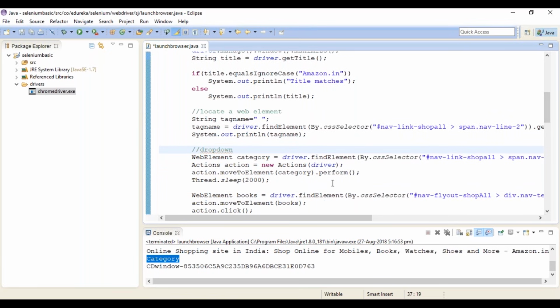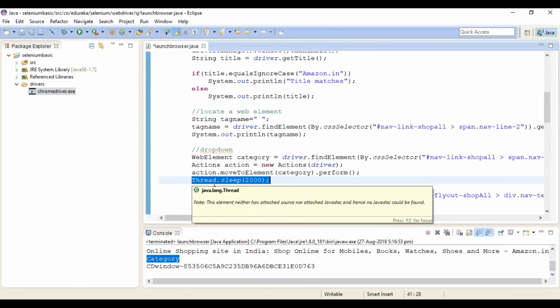Now Abhinav had asked me about throws InterruptedException. You can see there's a Thread.sleep out here. This does nothing, well, I won't say nothing, but its function is to create a time lag. I'm going towards the downward arrow and performing a particular action. If I don't have Thread.sleep, everything happens in quick succession and you may not even notice that it's happening. If I give Thread.sleep, there's a pause. It goes to the downward arrow, waits after the drop down for a certain period of time, then chooses books, and again waits. It's not necessary. Since I'm showing you each test case individually, that's the reason I've given Thread.sleep. That's the only function of this.